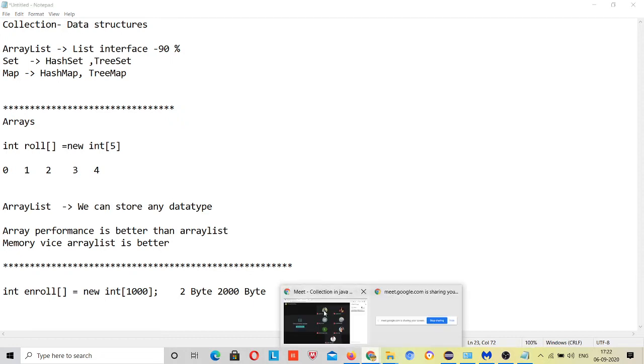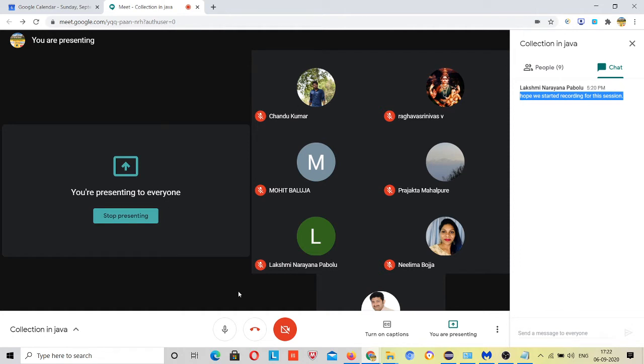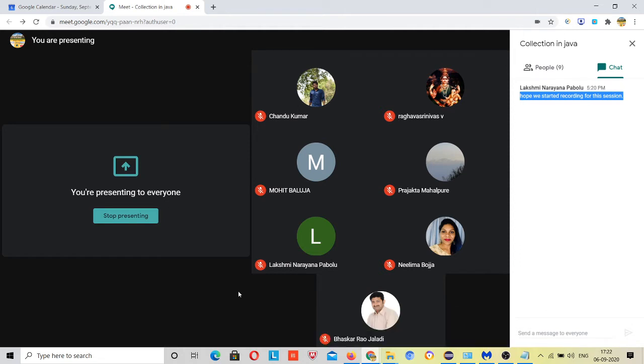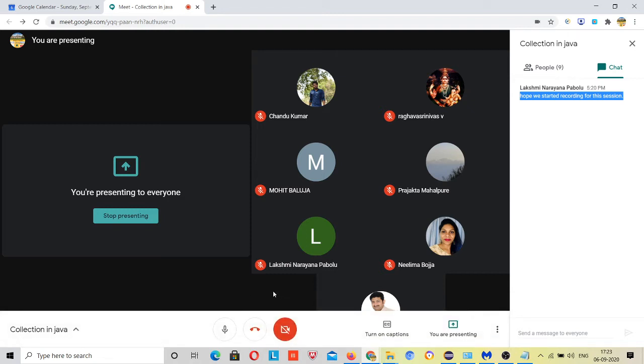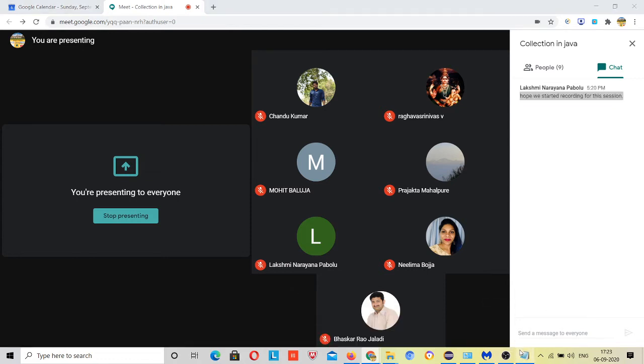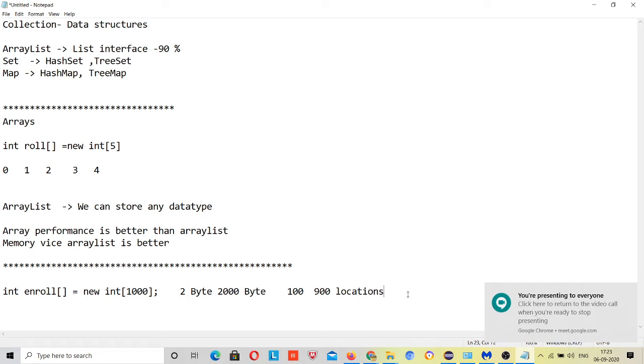So in that case, if I have purchased only a 2 GB plan in GoDaddy or some other hosting website like Hostinger, or wherever I want to go for Amazon services, you know that those things are very costly, and if I purchase a server and space, then it's going to be very costly. That's why if I use an array over there and this much memory is going to be wasted, then it means that I have to pay money for it, right? And you can understand the rest of the things, right?